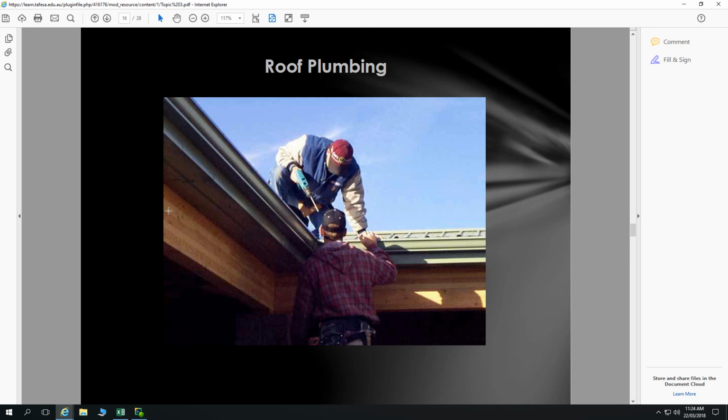Well, what happens before our roof goes on is that our gutters go on. The reason for that is you've got some work with your gutters that ends up getting really difficult if you've got your roof in place already. So you're cutting out all the pops and doing all the joins, etc. That stuff typically is done on the ground, and then it's brought up. You get your roof plumbing in place, or your gutters at least in place, and your pops in the gutters, and all your joins done, and your brackets, etc. And then you get your roof on after that. Roof plumbing,